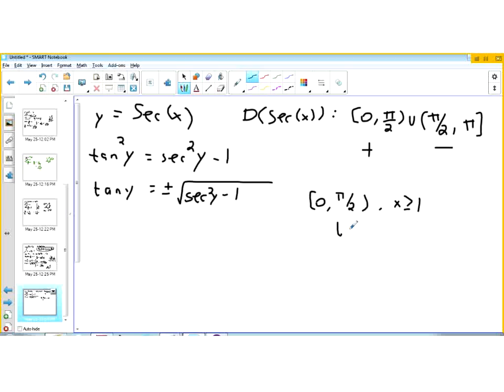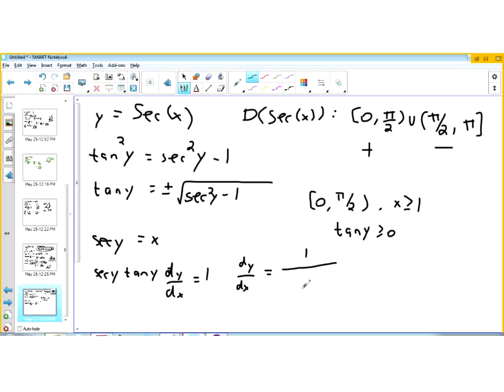And of course, tangent y will be greater than or equal to 0. Okay, and so we have secant y is equal to x. Then, taking the derivative with respect to x at both sides, we'll have secant y tangent y times dy over dx is equal to 1. So dy over dx